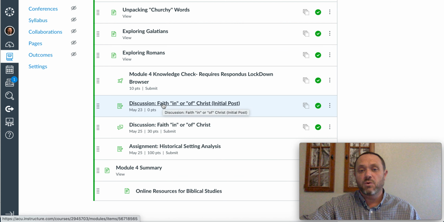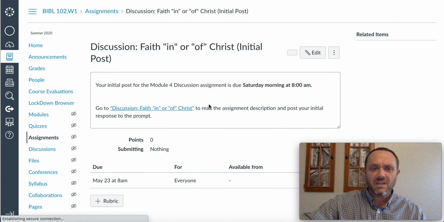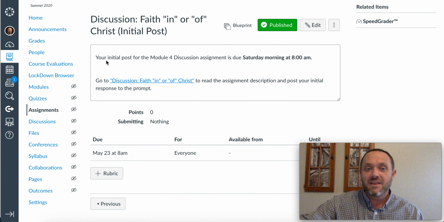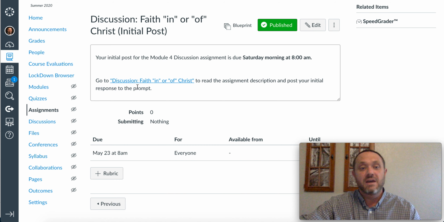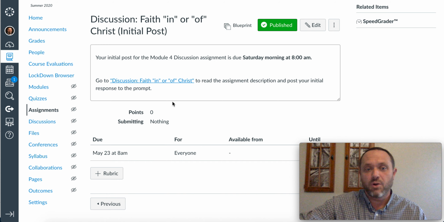Let me just show you really quickly what I've done here. I create an assignment for the initial post so I can set the deadline for that. If I open up the assignment, you can see it's very simple. What I'm telling them is that the initial post is due by a certain time and that they should go to the full assignment as the place where they're going to submit that initial post. So this is really just acting in some ways as a placeholder, but a placeholder with a deadline, so it'll show up on their to-do list and prompt them to finish that